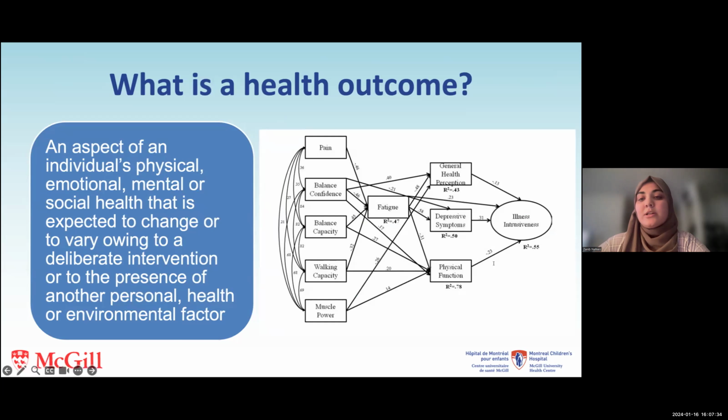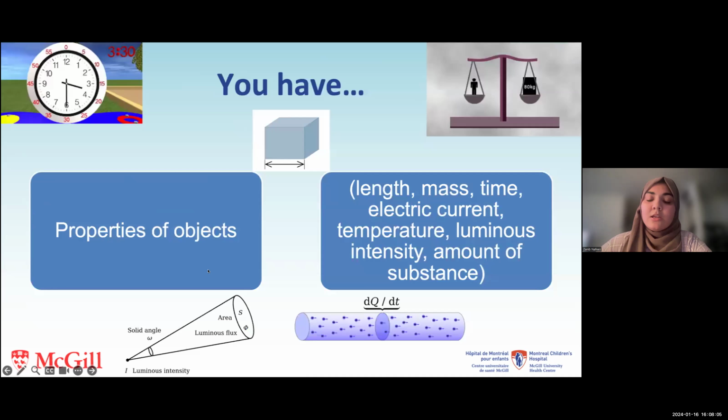This is a study by Bouchard et al., and they used the International Classification of Functioning, Disability, and Health, the ICF, to explore the effects of physical, emotional, and cognitive impairments on the intrusiveness of illness in individuals with multiple sclerosis. The study revealed complex relationships, which is visualized in this path analysis diagram, showing how these factors interact. The ultimate outcome, illness intrusiveness, is depicted as a hidden variable, highlighting the intricate interplay of health influences.